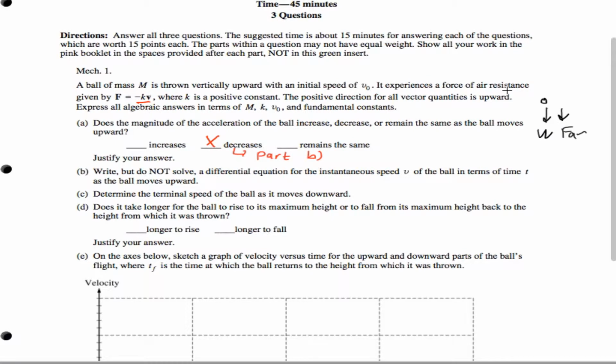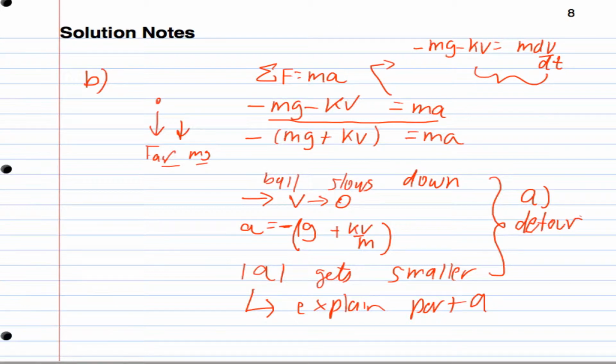All right, part C and hopefully part D of this problem. It says determine the terminal speed of the ball as it moves downwards. So let's go ahead and do that. And I'm going to put some more notes here. We'll call this solution